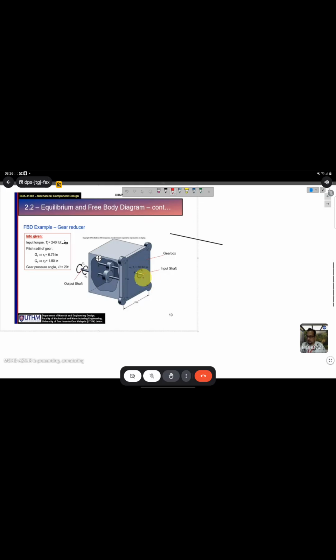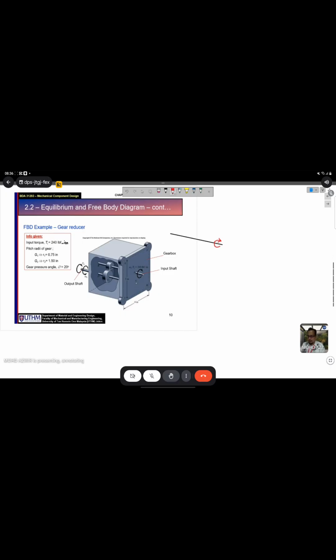When I transfer it to the free body diagram, we just follow the direction. Okay, so this is the top. Because we have equilibrium, we have a torque acting in the clockwise direction, so we need to put a torque acting